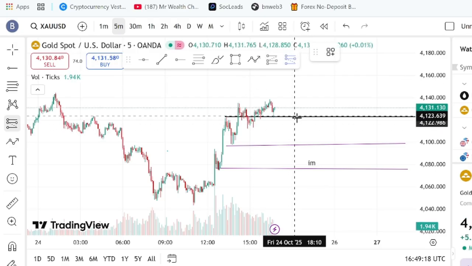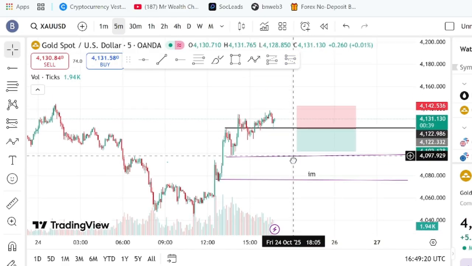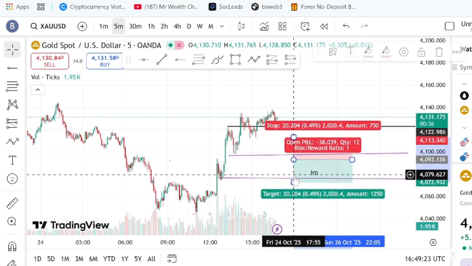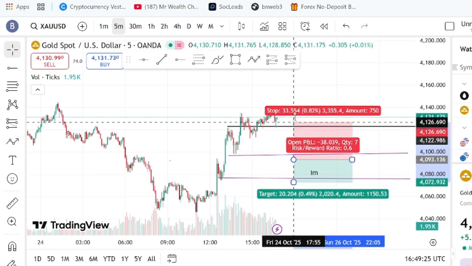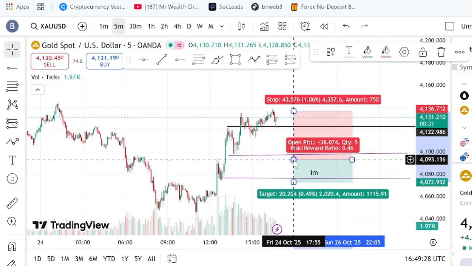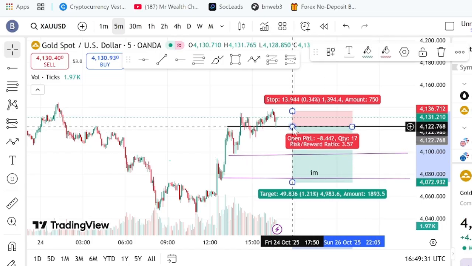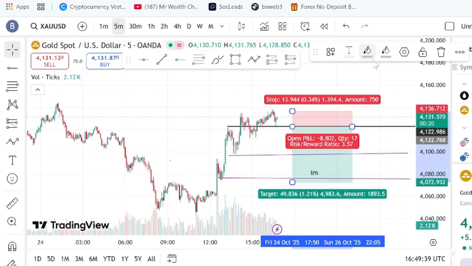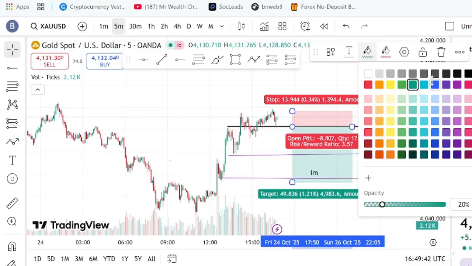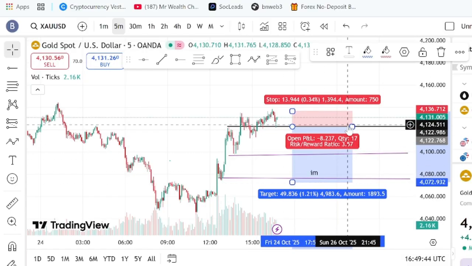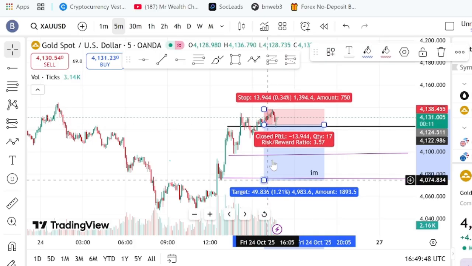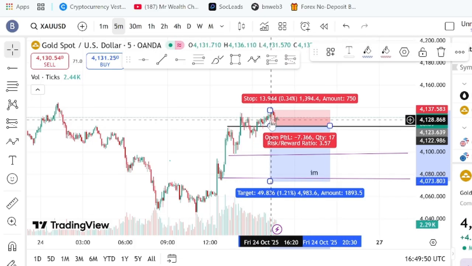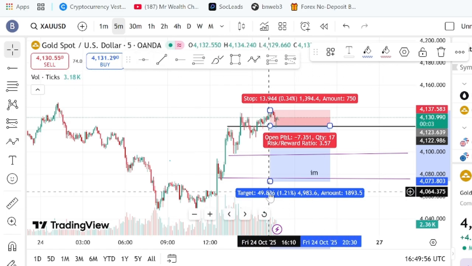So this is short. Let's see, your entry is here and then you want to cover all this place. You just drag it down, then drag this to this point, and then you drag this to this point, boom. And if you don't like the color like I did, you come right here, click on it, and then maybe change it to red right here, change it to red, and then the green part, just change it to blue. Choose whatever suits you. Is that easy? Then you can start marking out your stuff like so. Easy peasy. So guys, that's what it is, and these are the major tools you need to start drawing and